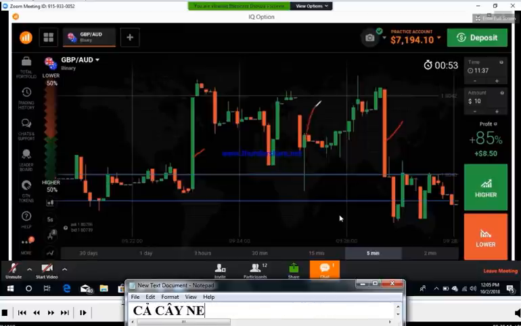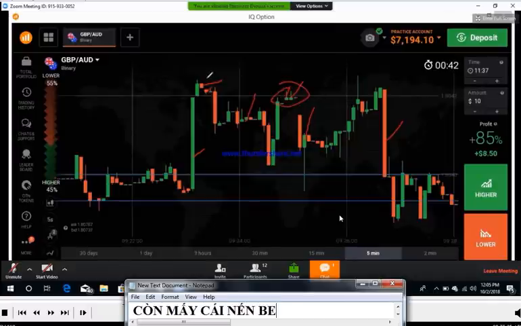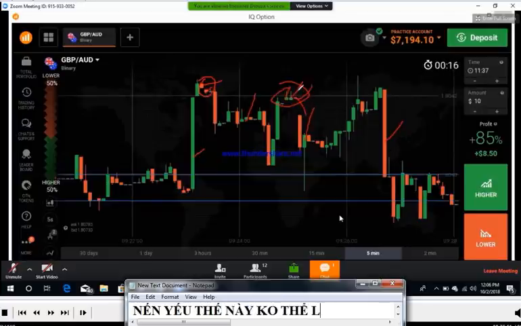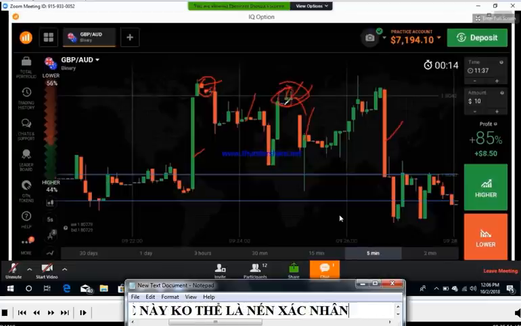This is not a confirmation candle. You can't take this as a confirmation. This is a very weak candle. These are very weak candles. Weak candles can't move the price up or down, because these are very weak. Weak means there is no strength in it, right? You can't trade with weak candles, because the price may reverse or it may go up. This can't move the price here.